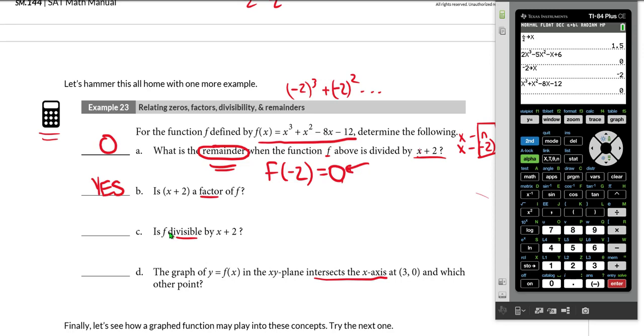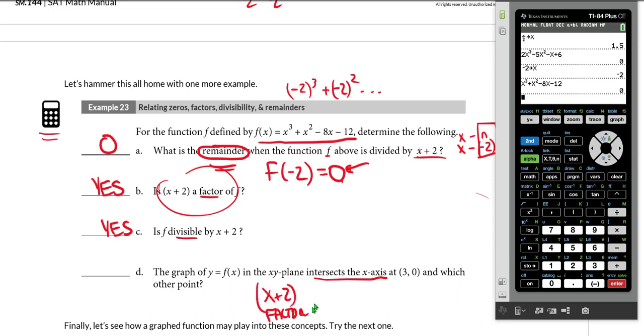It also means that f is divisible by x plus 2. And in the case of example 23D, this says the graph of f of x intersects the x-axis at 3, 0, and which other point. So we know that if x plus 2 is a factor,